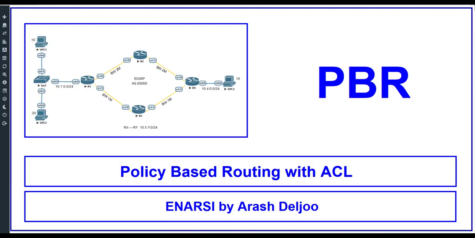All right, this is our scenario, PBR with ACL. Here, as you can see, we have router 1, router 2, router 3, and router 4, and also we should configure EIGRP AS 65000. The bandwidth of the higher path is 2 megabit per second and the bandwidth of the lower path is 1 megabit per second. I want to send traffic of VPC1 to VPC3 with normal forwarding, meaning with the routing table, but the traffic of PC2 to PC3 should be sent from router 1 to router 3. As you can see here, we have lower bandwidth between router 1 and router 3, and also router 3 and router